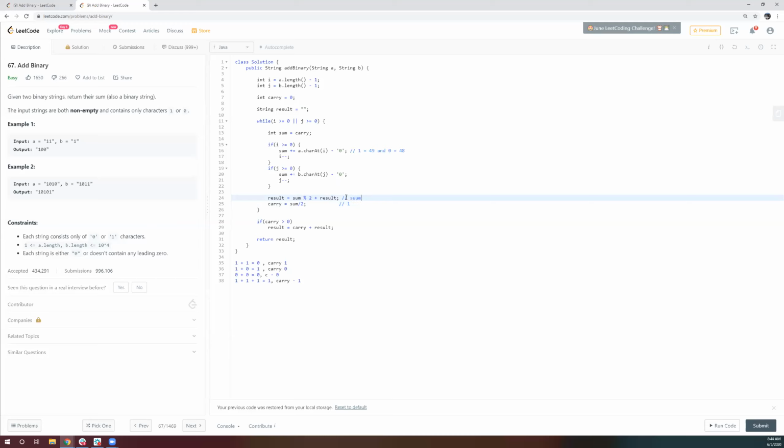So same rules. This is our sum. If the sum is 0, then our result would be 0, or whatever we have seen, we just append it to whatever we have seen last time.